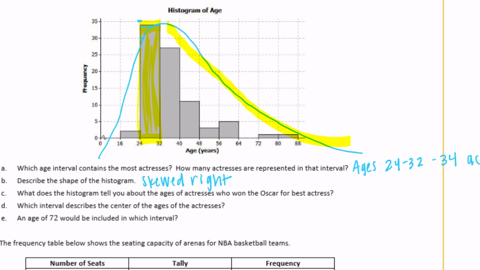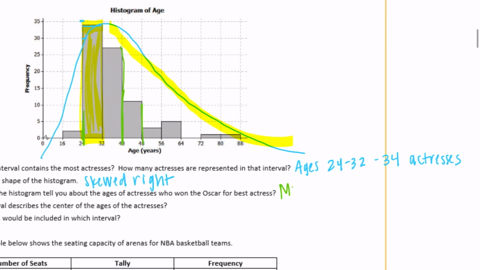C, what does the histogram tell you about the ages of the actresses who won the Oscar for Best Actress? So it tells me, I would say, that most of them were between 24 and 48, or really 24 and 40. And then there were a few who won later on. So let's say most were between 24 and 40,